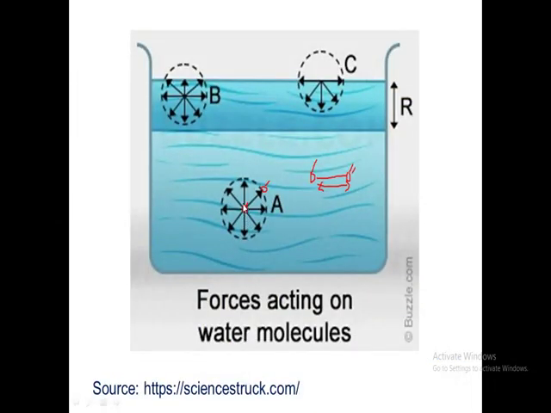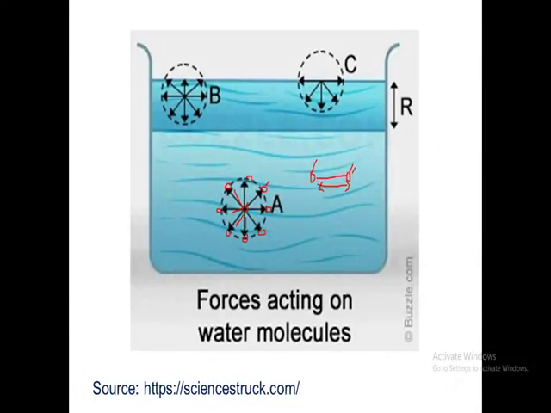Let's say I have a water molecule here at the center, right? Then let's say I have one water molecule here, one here, one here, one here, one here, one here, one here, right? What does this distance correspond to? This distance corresponds to the molecular range. So by taking this as the central molecule, and this as the molecular range,